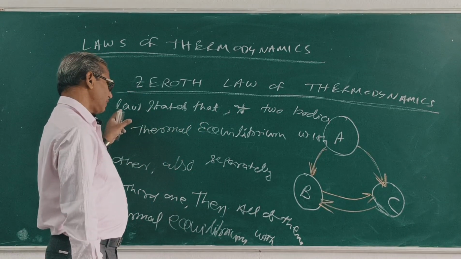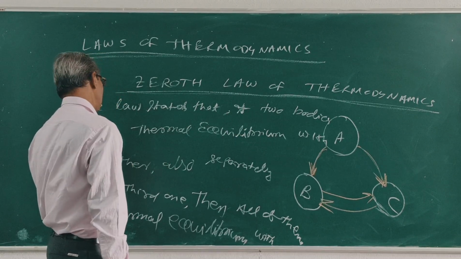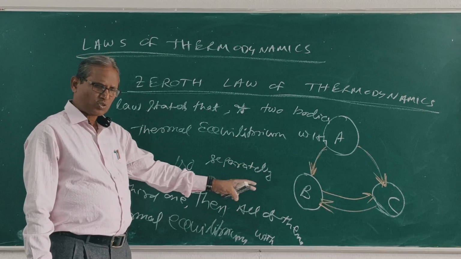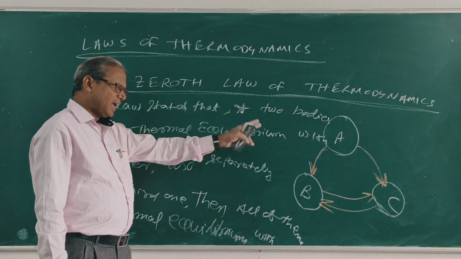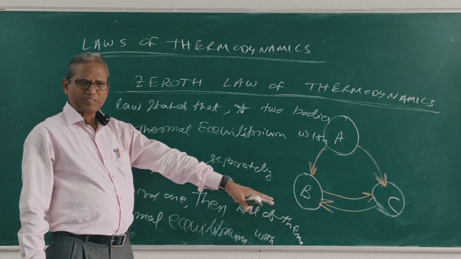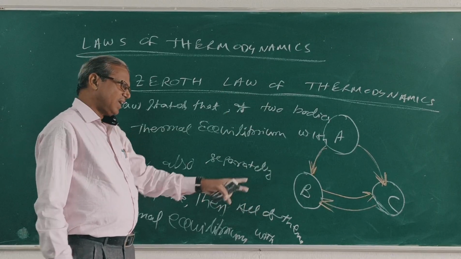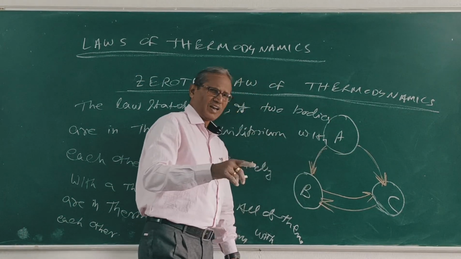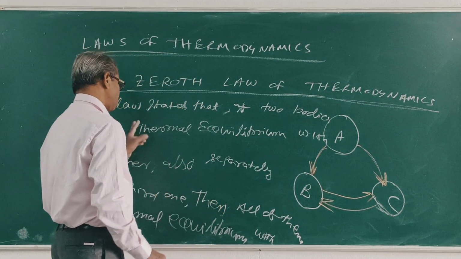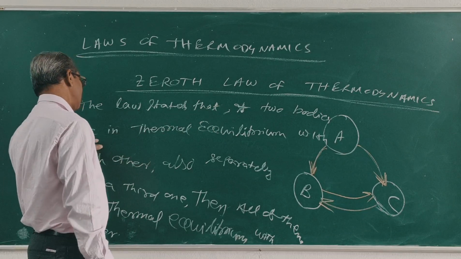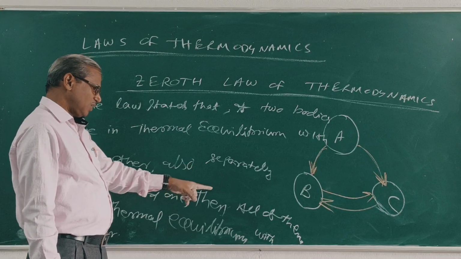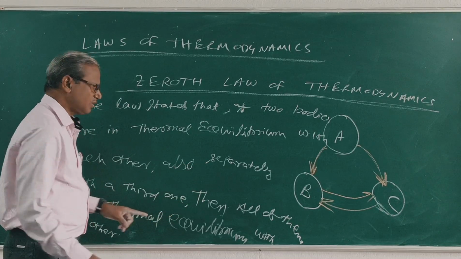What is the zeroth law? The law states that if two bodies are in thermal equilibrium with each other, suppose the bodies A and B are at equal temperature with each other. Also separately, A and C are at equal temperature with each other. Then both B and C are at equal temperature with each other. Finally, A, B, C all are in thermal equilibrium with each other. Right? The law states that if two bodies are in thermal equilibrium with each other, also separately with the third one, then all of them are in thermal equilibrium with each other. That is,